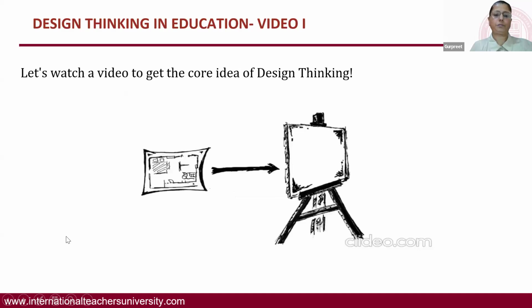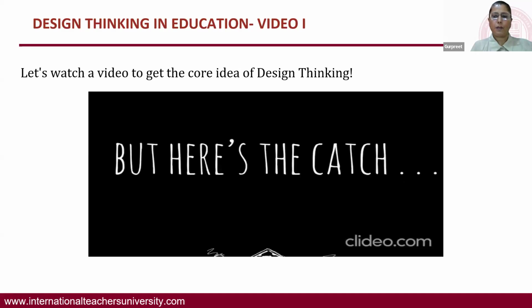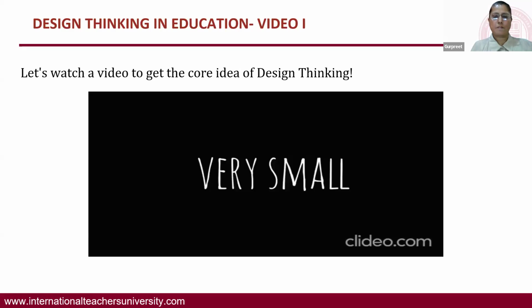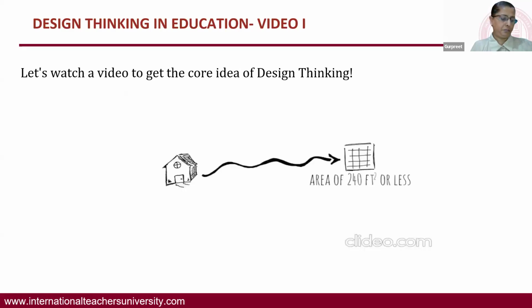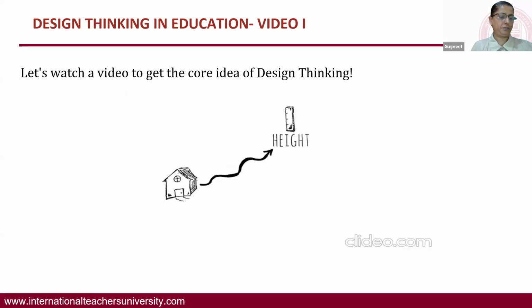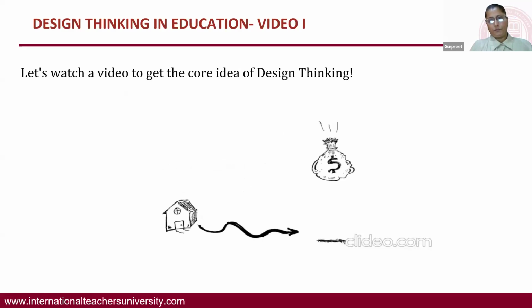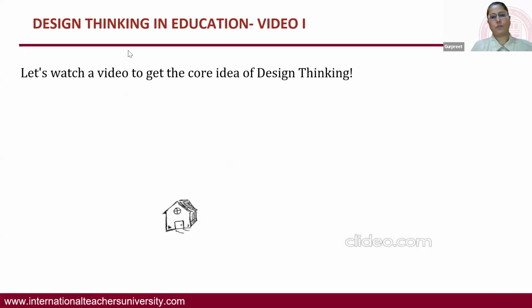You're going to design the ultimate dream house, but here's the catch. It can't be a mansion. It has to be small, very small. You get only 240 square feet to work with, and the height can be no taller than 10 feet. You also get $15,000 to spend on materials. So create a floor